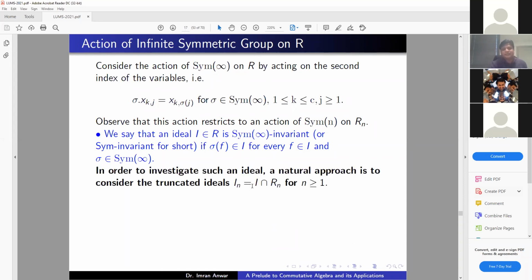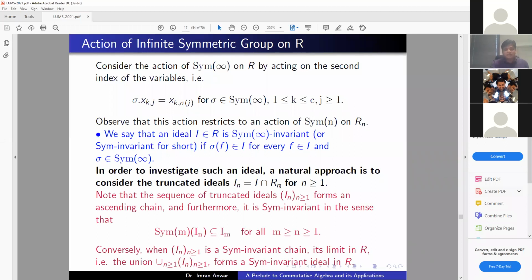In order to investigate such an ideal, a natural approach is to consider the truncated one, what I was describing just now. So viewing the ideal I intersection R_n, you can have a filtration I1, I2, I3, and so on. Note that the sequence of truncated ideals I_n, which in commutative algebra we also call a filtration, forms an ascending chain, and furthermore it is Sym-invariant in the sense that